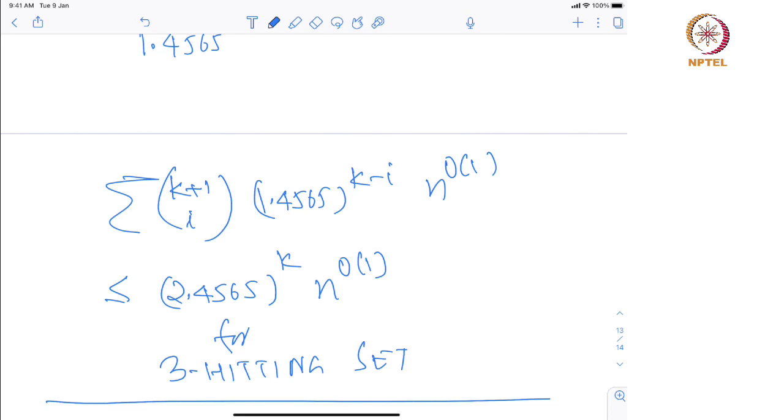So we started with a 3 to the power k algorithm, but in the compression step, we reduced this problem to a 2-hitting set problem, and we employed the fast algorithm for 2-hitting set to get a fast algorithm for 3-hitting set. So I think that's all that I would like to talk about in this lecture, and we might have one more lecture on iterative compression.